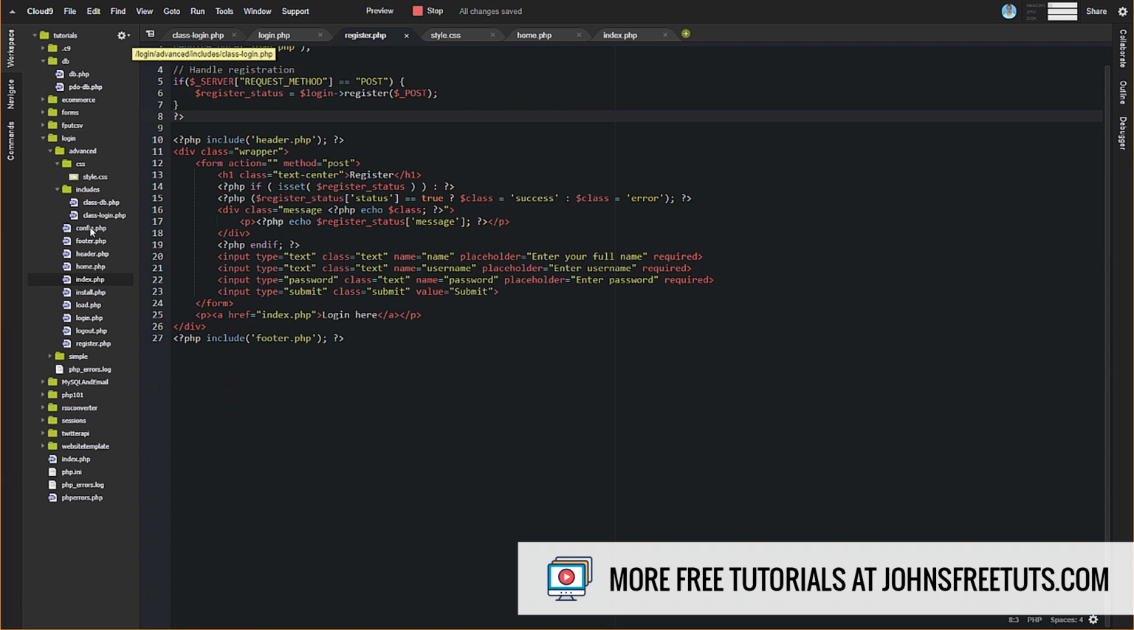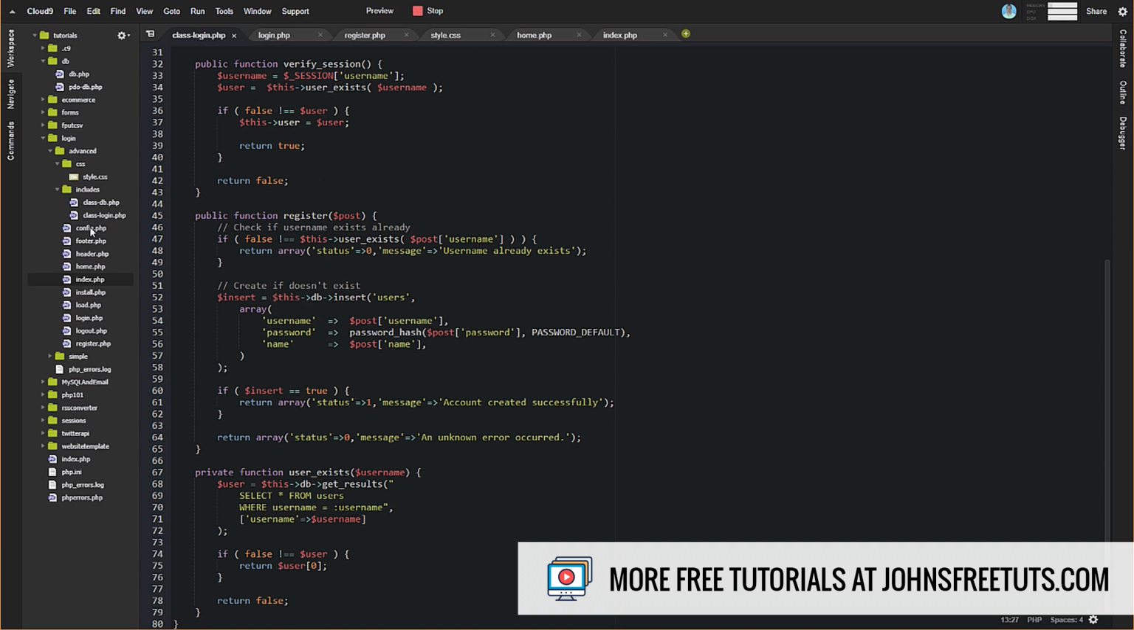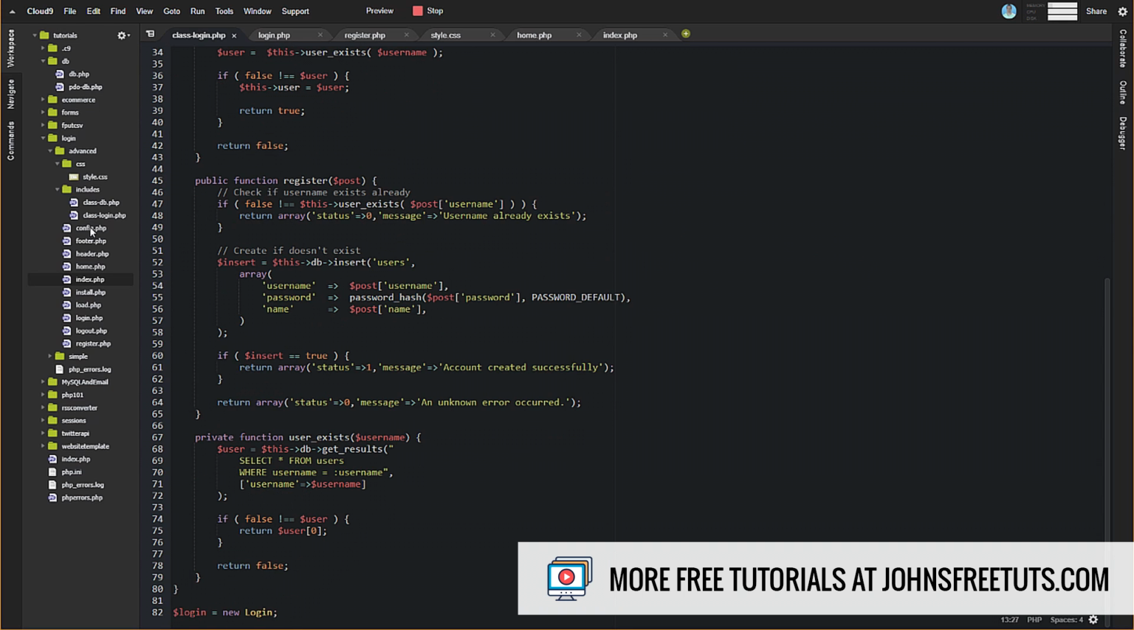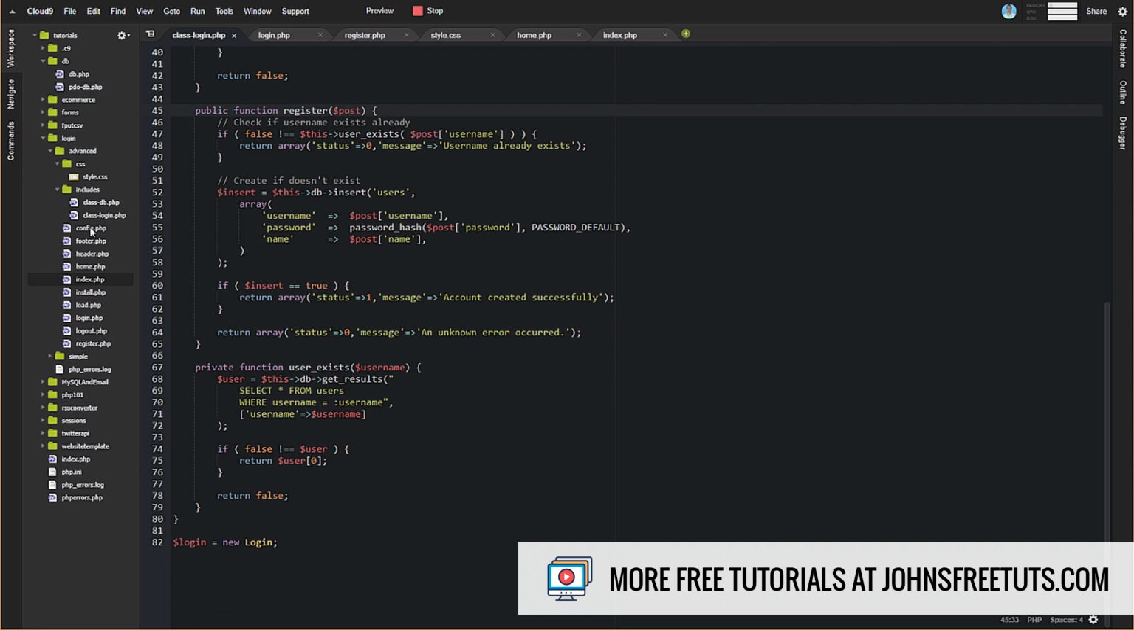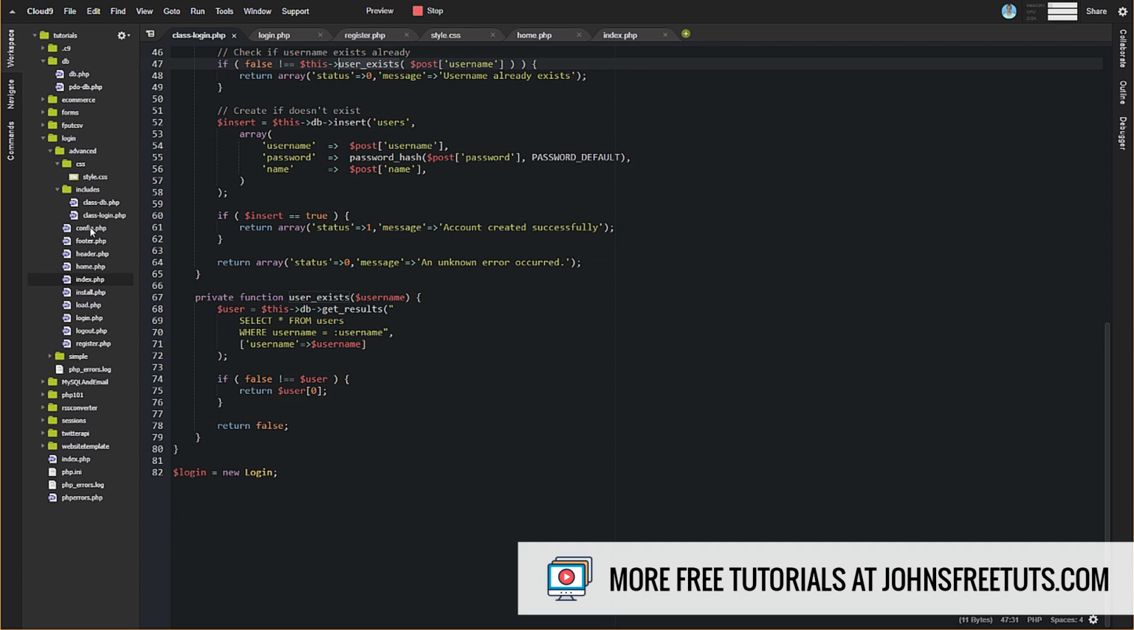All right, so let's go ahead and take a look at that register method. So what we're doing with the register method is we're passing in our post data. The first thing that we're going to do is check and see if the username that was passed in on our registration form already exists, because we can't really do anything if it already exists. So I created this helper function, or helper method, called user exists. And so if we come down here, in that we're going to pass in the username that was submitted